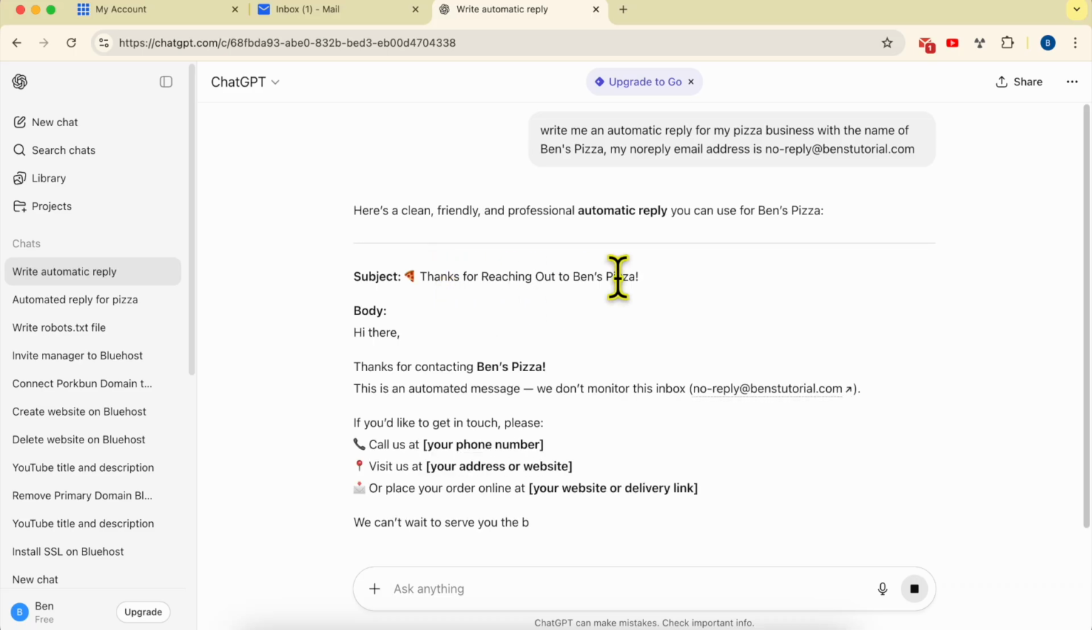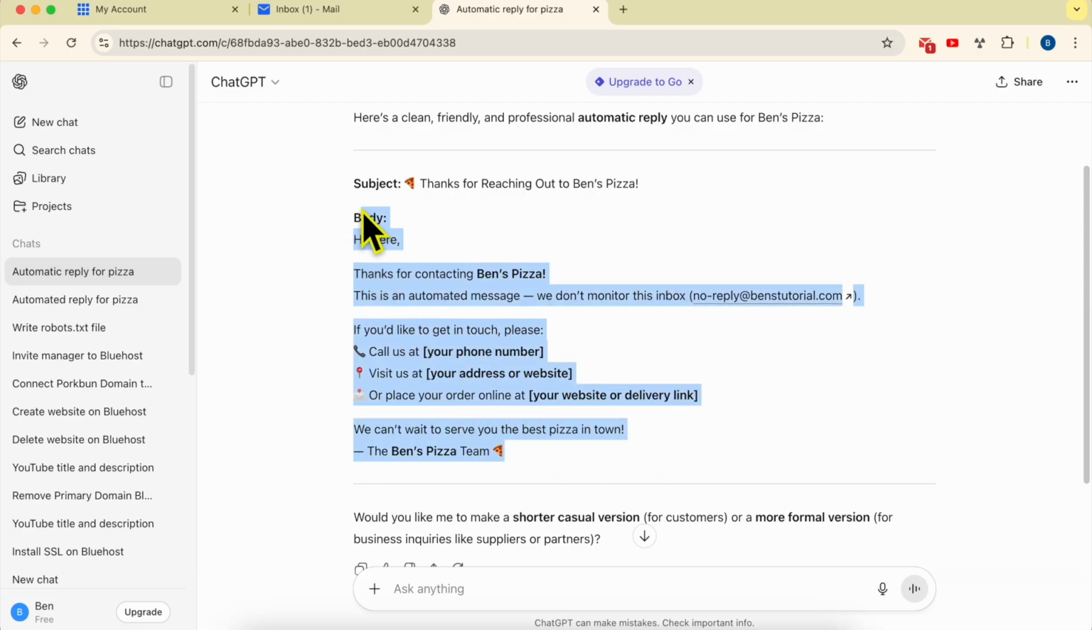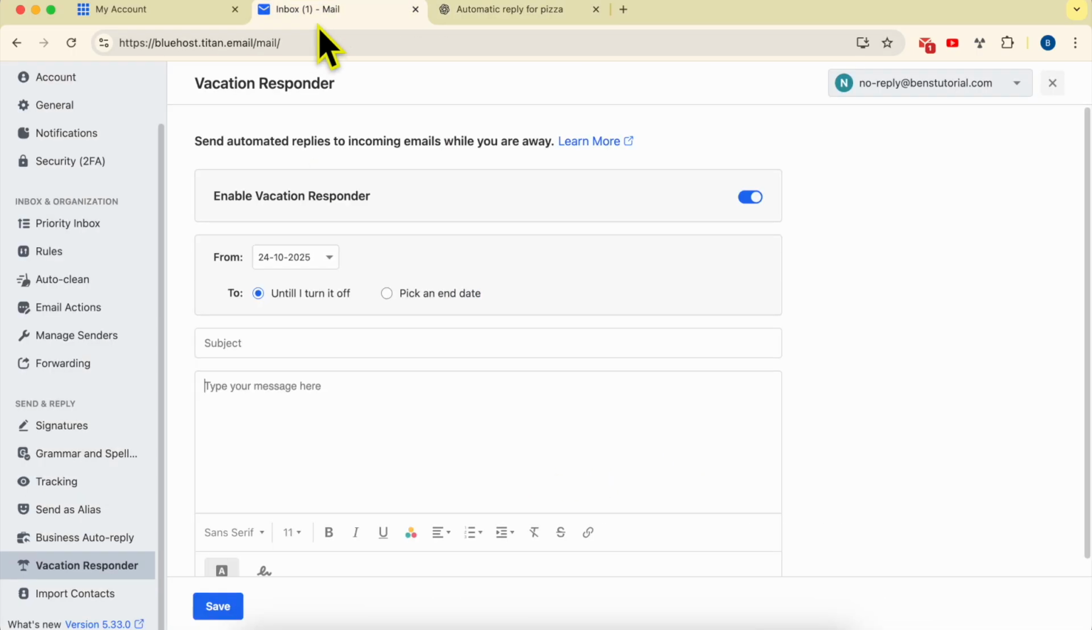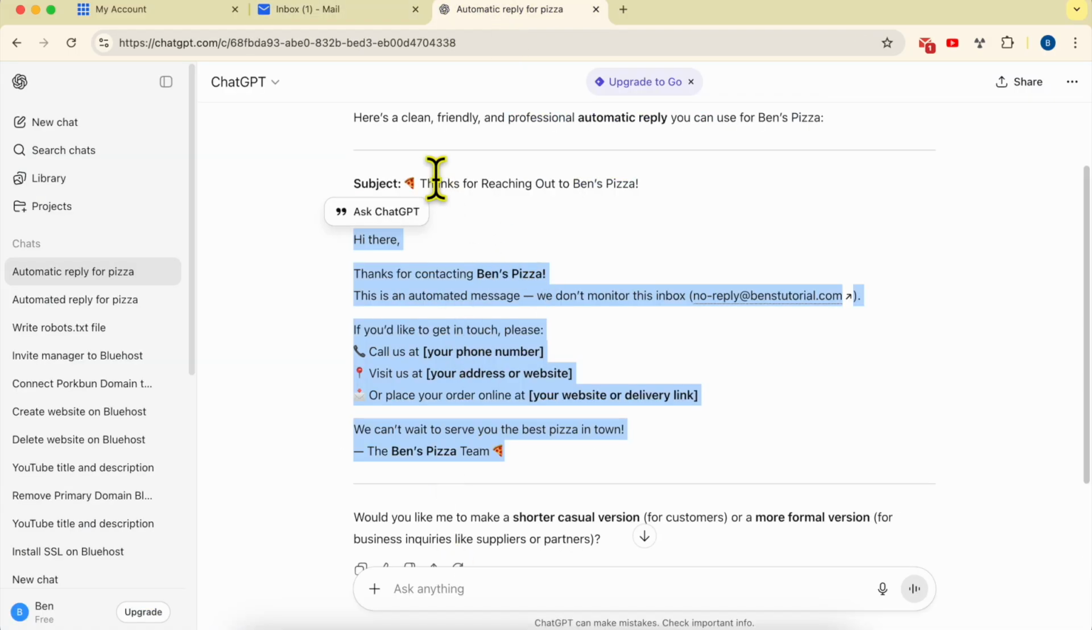Thanks for reaching out to Ben's Pizza. Hi there. Thanks for contacting Ben's Pizza. This is an automated message. We don't monitor this inbox. If you would like to get in touch, please call us, visit us, or place your order online. We can't wait to serve you the best pizza in town, the Ben's Pizza team. This is a nice message body. And for the subject line,